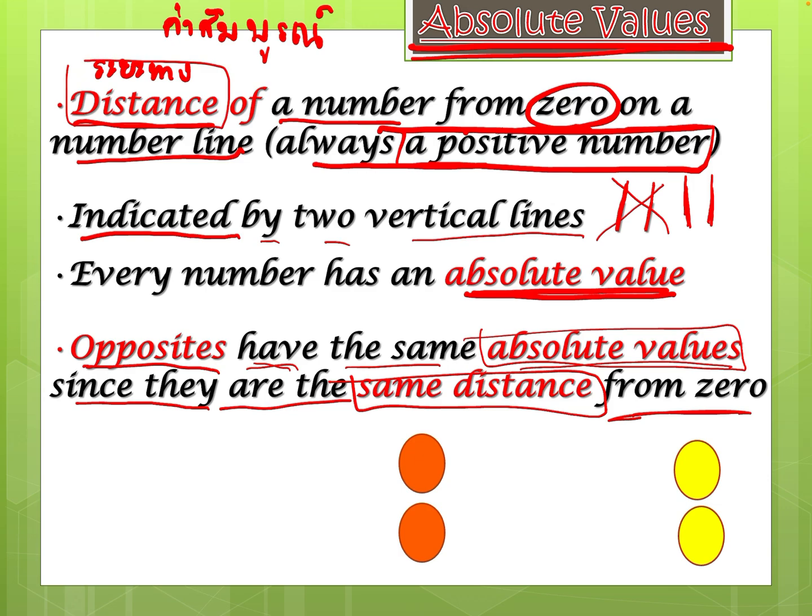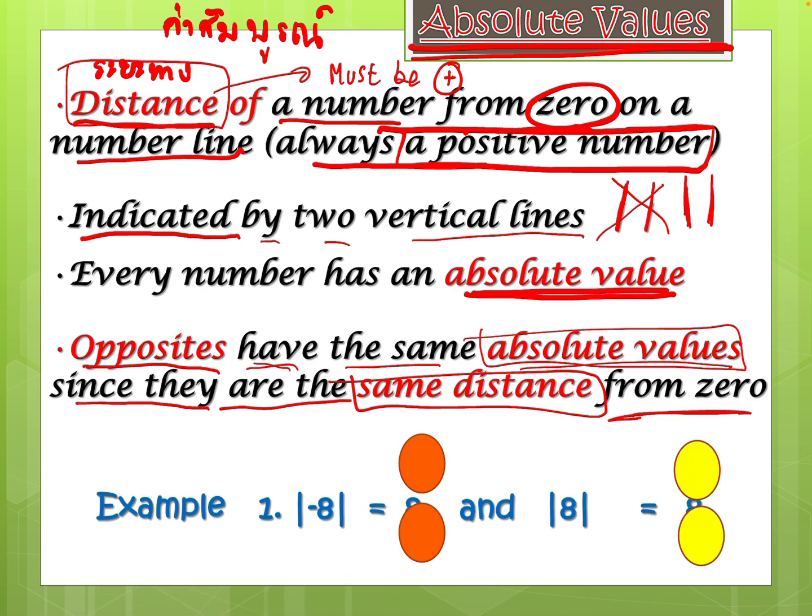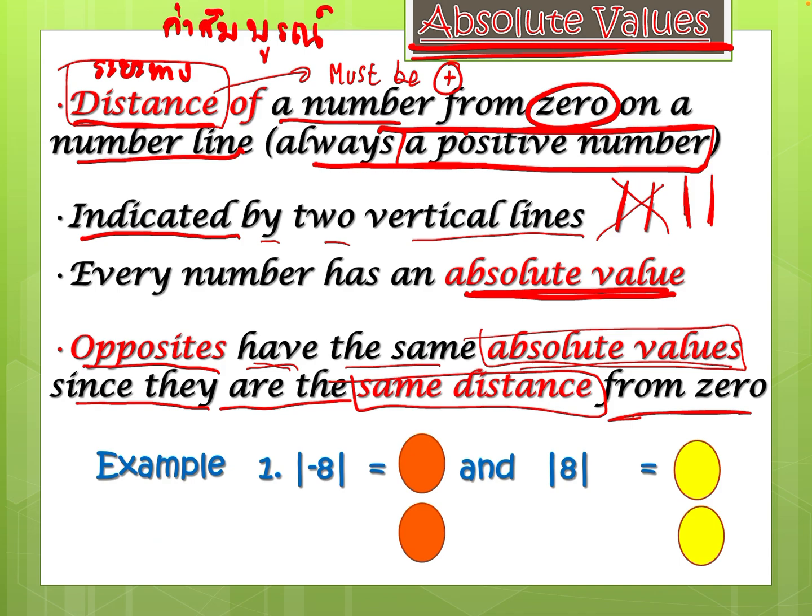from zero. คำว่า distance คือระยะทางในวิทยาศาสตร์หรือในธรรมชาติทั่วๆไป ติดลบได้ไหมคะ? No นะคะ. Distance must be positive. บ้านฉันห่างจากโรงเรียน -5 กิโล อย่างงี้ได้ไหม ไม่ได้นะคะ. So this is the example: if you find something with vertical lines with a number inside, we read it as